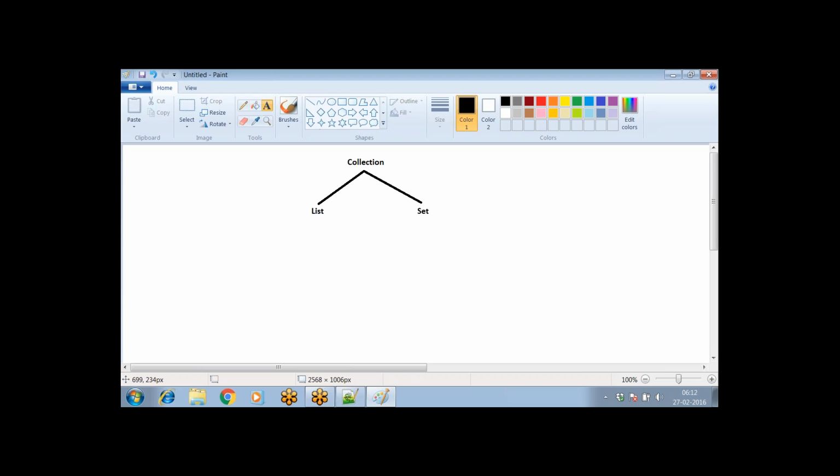Okay, so the main difference between list type collections and set type collections is, list interface allows